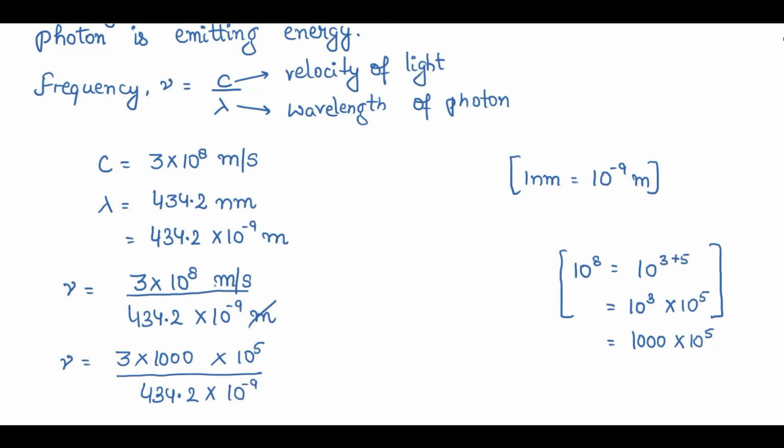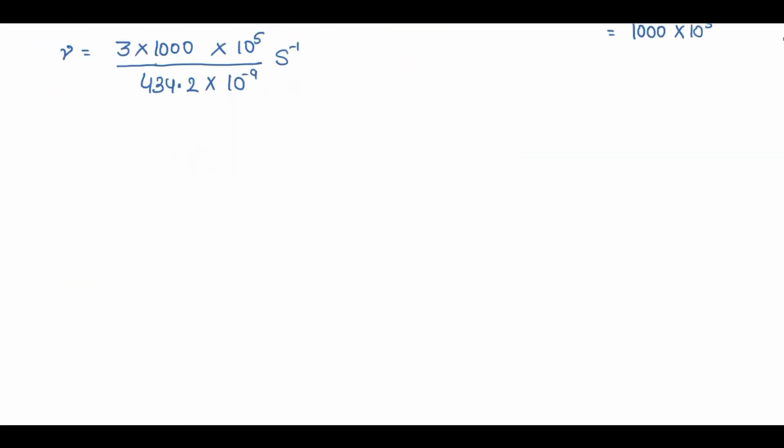Now if you'll see, this meter is cancelled with this meter, units second inverse. 3 into 1000, the answer will be 3000. 3000 into 10 raised to power 5. If you'll see this 10 raised to power minus 9, if you'll take this value in numerator, it will change its sign. The answer will be 10 raised to power 9 divided by this 434.2 units second inverse, right? So 3000 divided by 434.2, the answer will be